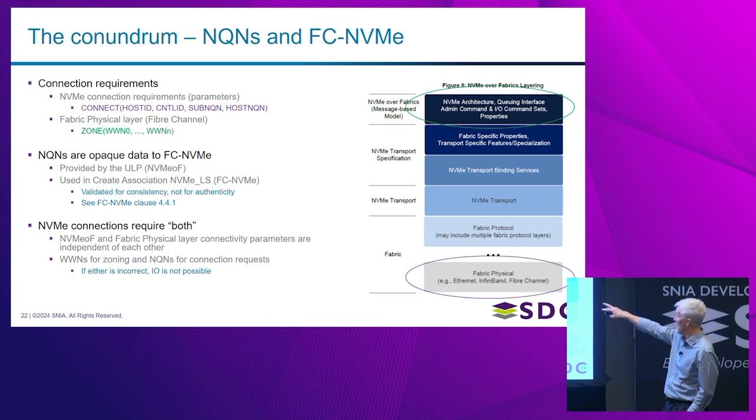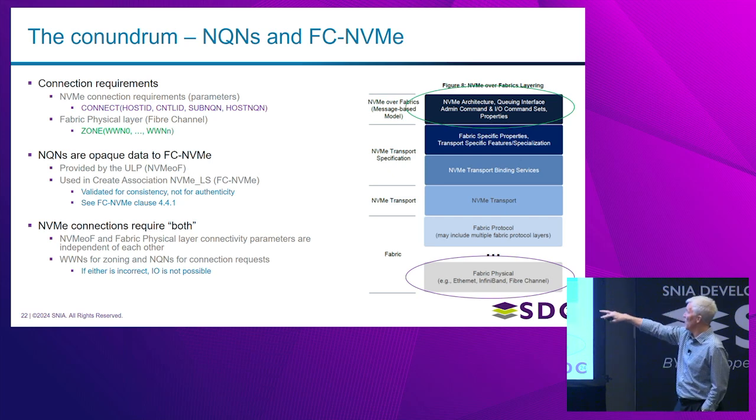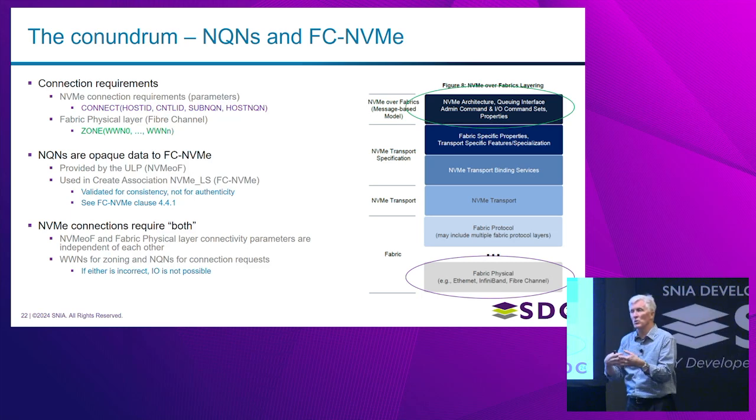You can see at the top, we have the connection request that has the two NQNs in it, the subsystem NQN and the host NQN. And then we also have the zoning information. And if those aren't aligned, that is, I don't zone a particular port with who's the owner of or has the appropriate NQN sitting up behind it, I can't create that connection request because the fabric, once it gets down to the Fibre Channel layer, is going to deny that request.